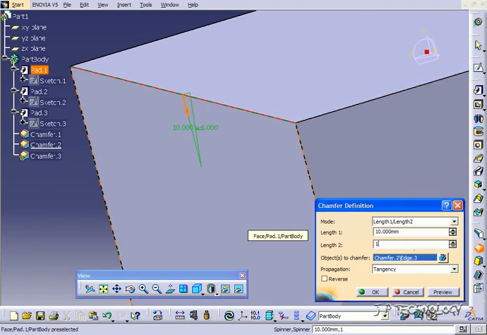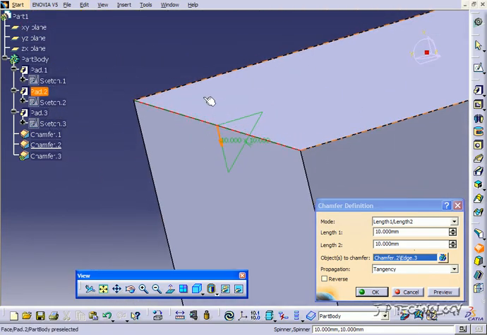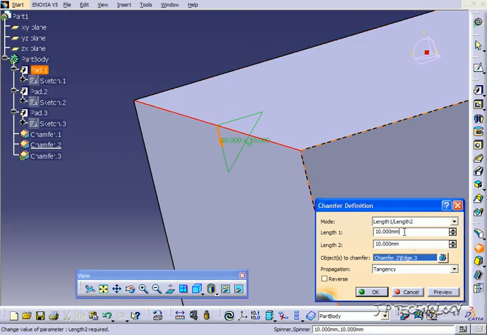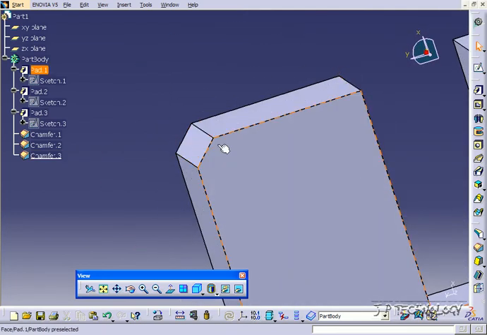So if I did a 10 by 10, click preview, really that's the same as having a 10 millimeter chamfer with a 45-degree angle. So it's just a different way that you're able to parameterize your chamfer definition. And let's click OK. And you can see that it cut out a 10 by 10,